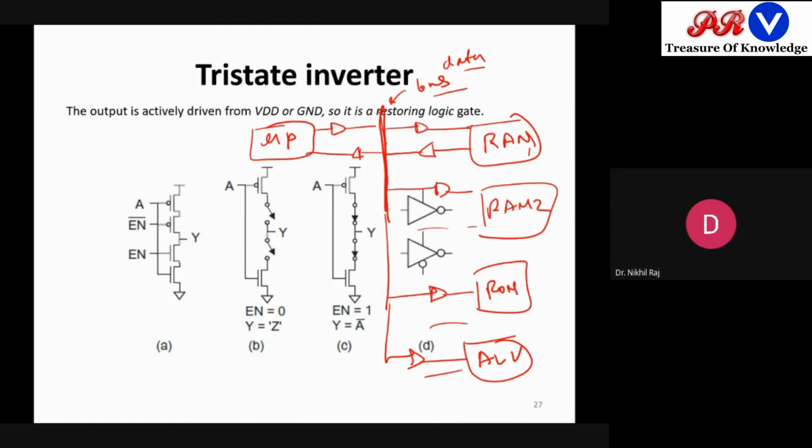So what happens if a normal buffer is there? Suppose the microprocessor is operating, some data has been given, it came to the ROM. At the same time, this ROM is saying that my job is finished, take the instruction. So it is giving back the data and it is coming to the microprocessor through the same bus. So what happened here? Clashing of data occurs. Due to this data clashing, a high voltage, a high current can create damage on this path.